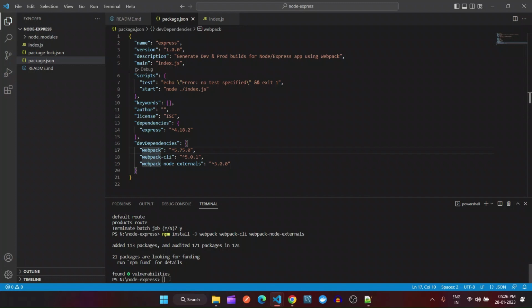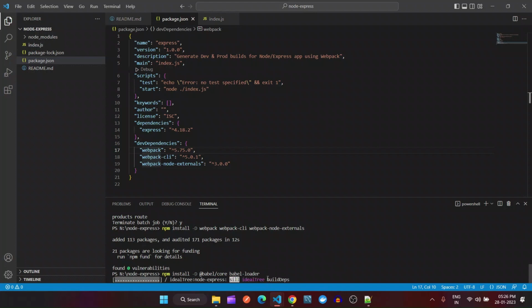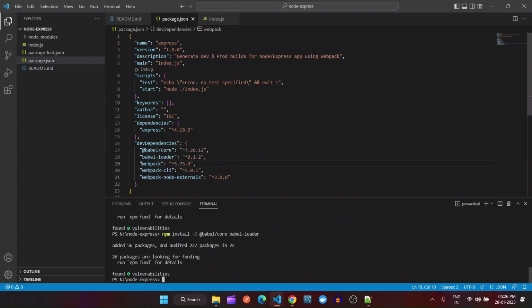Similar way, we are going to add Babel library, and we are going to add two packages for that. So we are going to add Babel core and Babel loader to our project. And again, I'm installing this with -D. So basically, this package is required for development purpose only. As you can see, these required packages have been installed. Now I'll go ahead and create a first Webpack file, since I want to generate an artifact for dev build or dev environment. So I'll call it